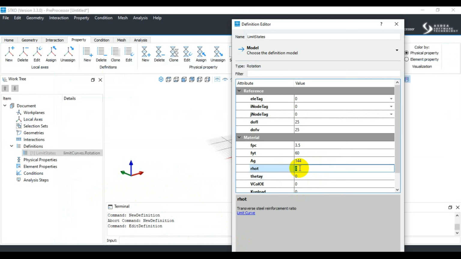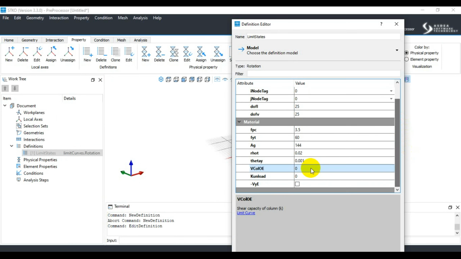So let's say 0.02, and theta y is the yield rotation of the hinge, let's say 0.001. Shear capacity of the column, if let's say you did the calculation for the section and you find out 4.5 psi with the shear capacity of the column, then unloading stiffness of the hinge,